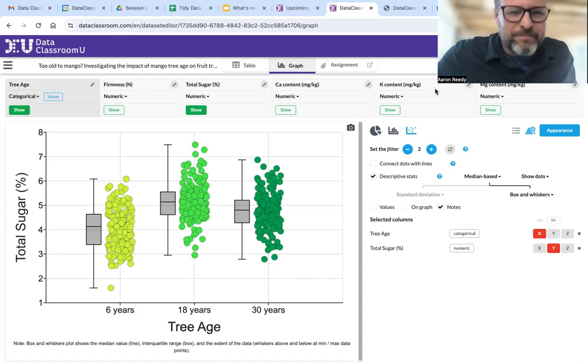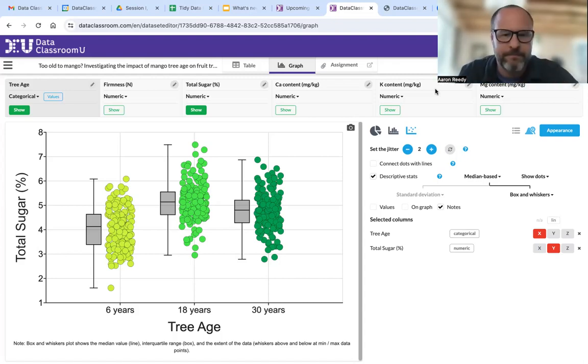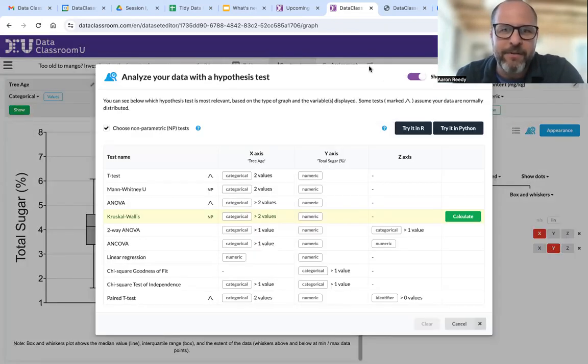Yeah, I think visualizing it really helps tell the story and helps them understand where they're going with the stats. I think often they get a bit lost choosing which stats, and this really helps them think through it. Yeah. Another thing I like about doing it this way, when students use the tool on a regular basis, is they start to realize that it's not magic which stats test you're going to use. It's based on some pretty simple algorithms of what type of data do you have, what type of distribution do you have,